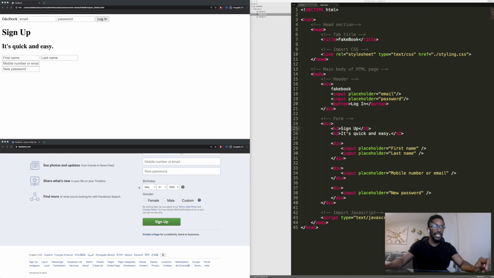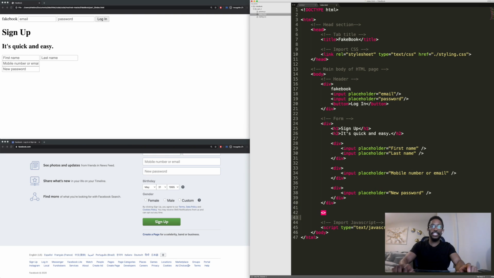So you see the birthday, this is a drop down, and gender. So this is a selector, a radio button selector. So let's actually fill that in. As always, we're going to create a separate section. We're going to make this a div. Oh, not data, div. And we're going to fill inside here with birthday,